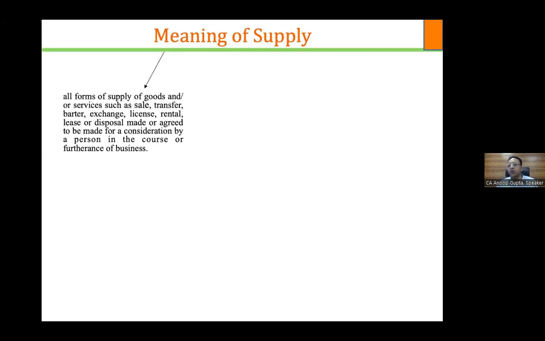Now we come to the very important aspect of supply. Supply is the taxable event under GST. First of all,